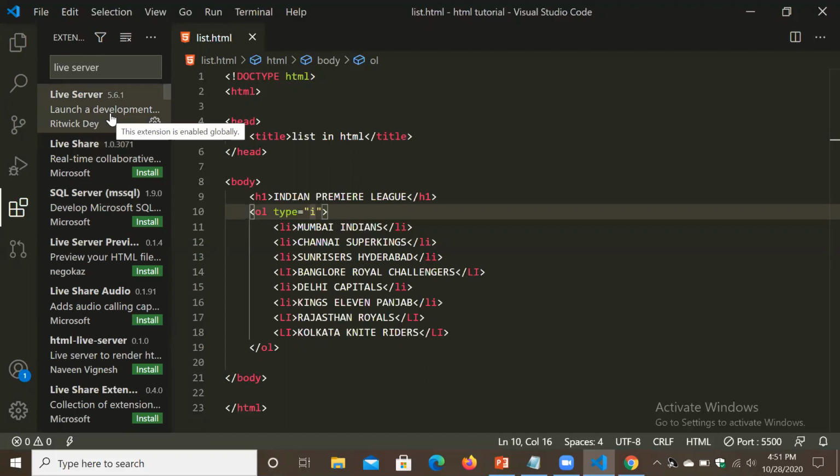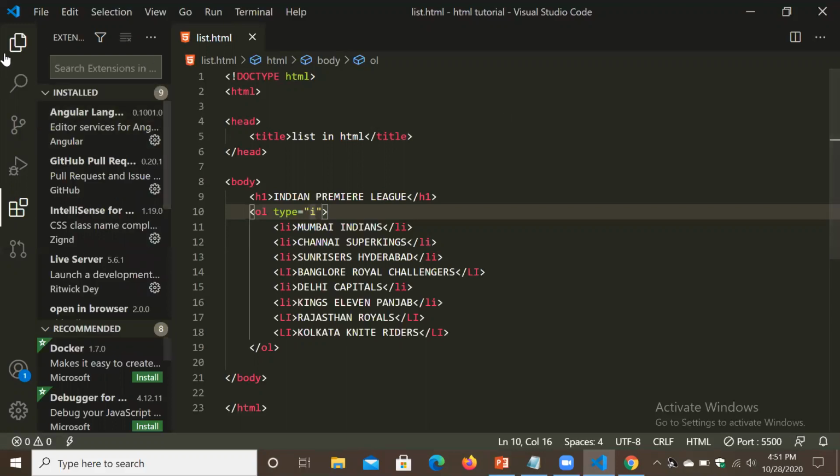So select whichever has the most downloads, because we download that one which is good. More people downloaded means that is good one, we can consider that. So you can download live server from here and install.